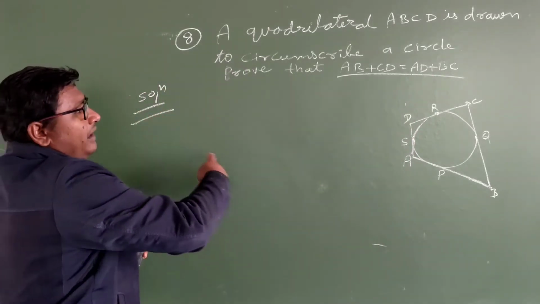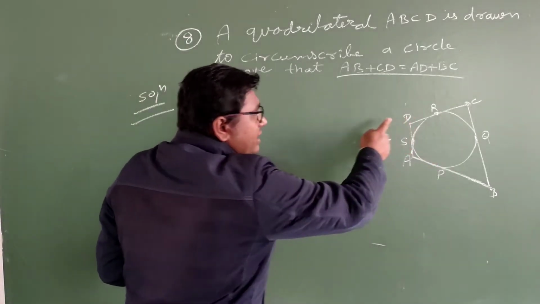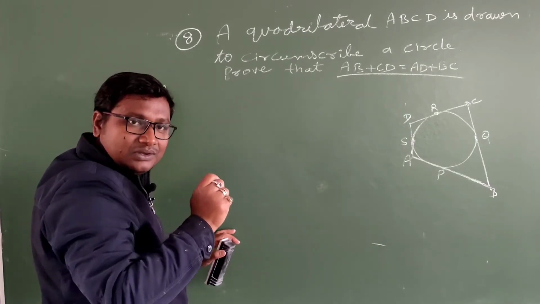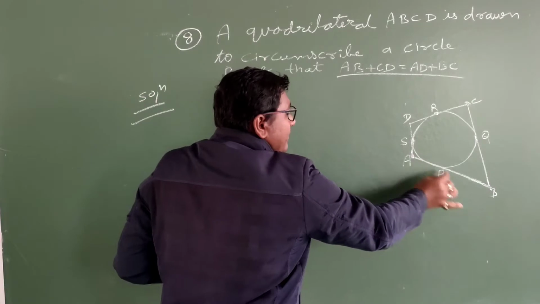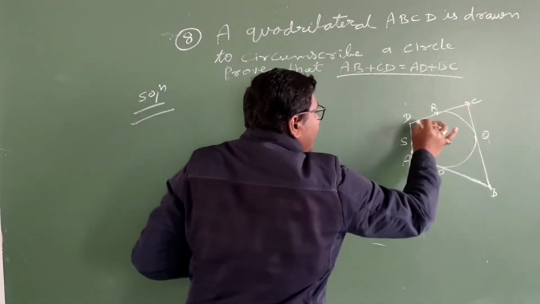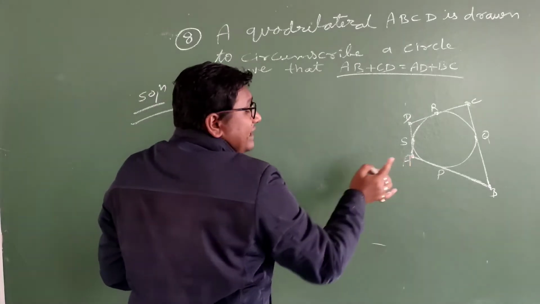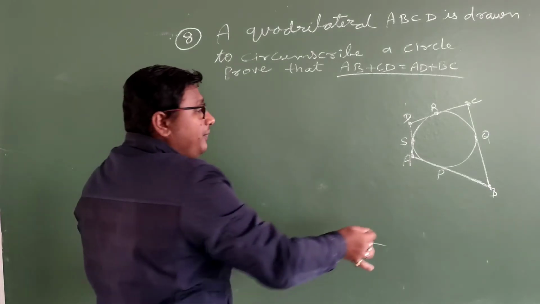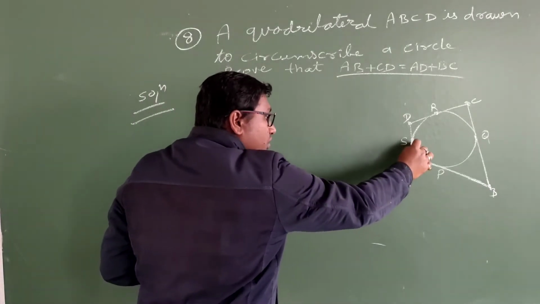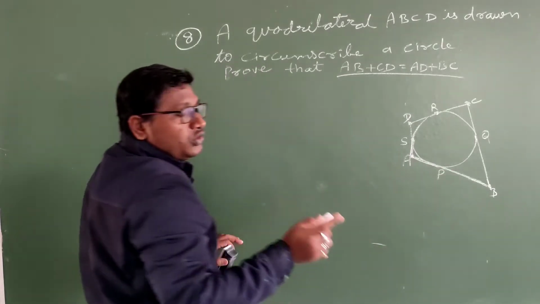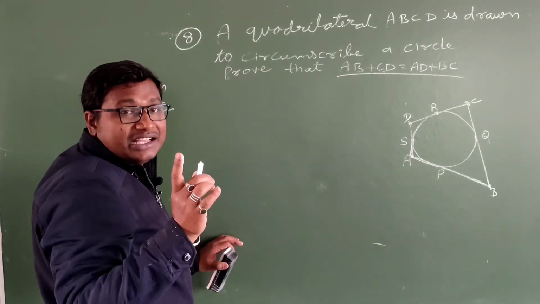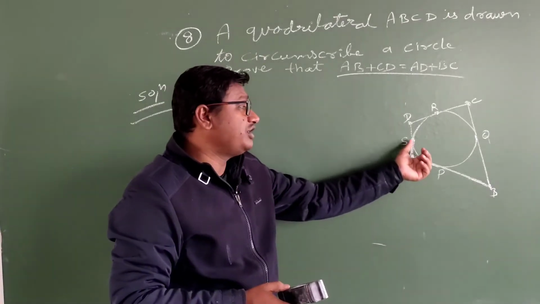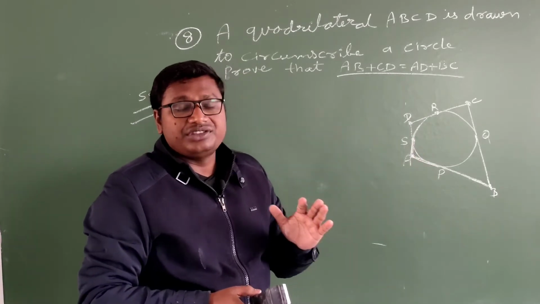Now the solution is here. Friends, you see these four vertices of quadrilateral ABCD will work as exterior points to the circle. It means if A is an exterior point, then it will make 2 tangents to the circle. From exterior point A we are having 2 tangents, that is AS and AP. So the length of these tangents will be equal, because we have studied in circle. This is the property of circle: from an exterior point, the lengths of tangents to the circle are equal.